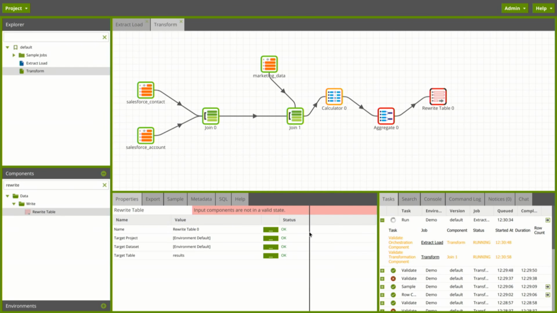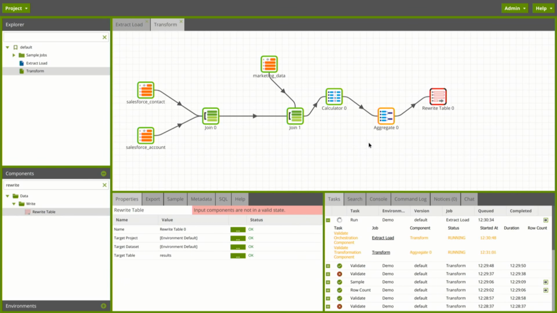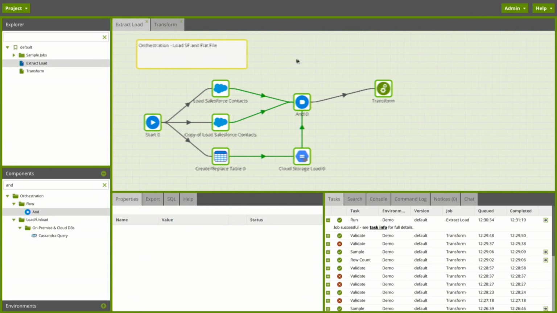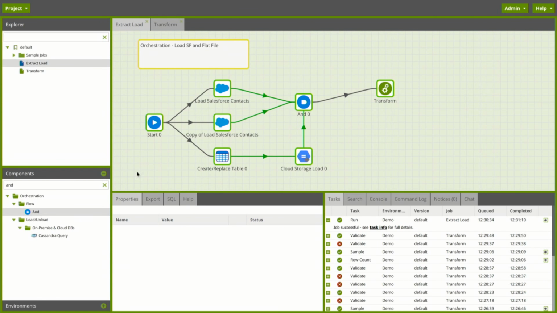Just crossing an extra pair of fingers. So far, so good. Excellent. And now all my results are in BigQuery as well as the source data, which could now be removed. And we have a repeatable flow for doing that end to end every time those underlying data sources change.